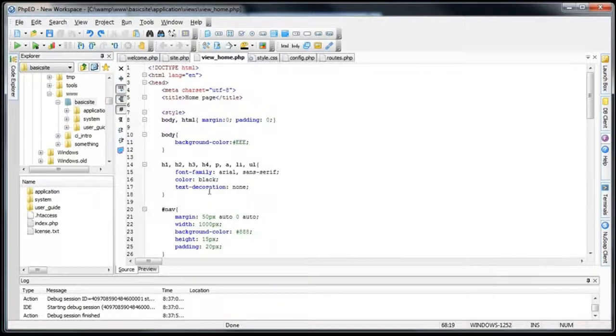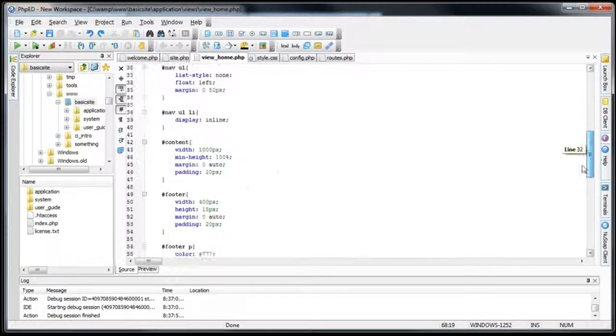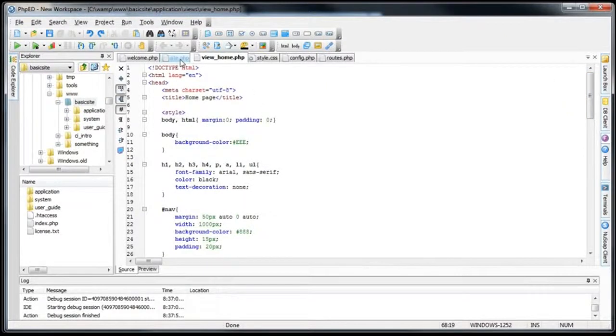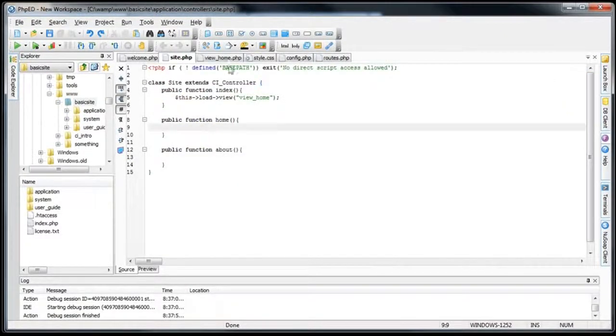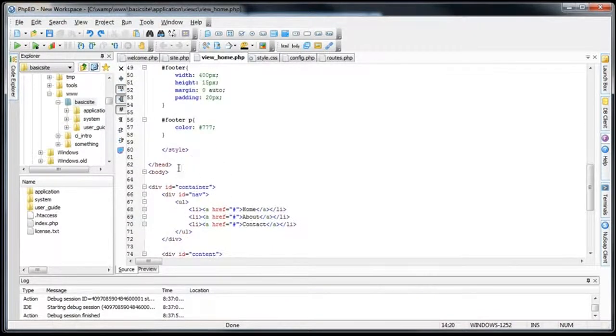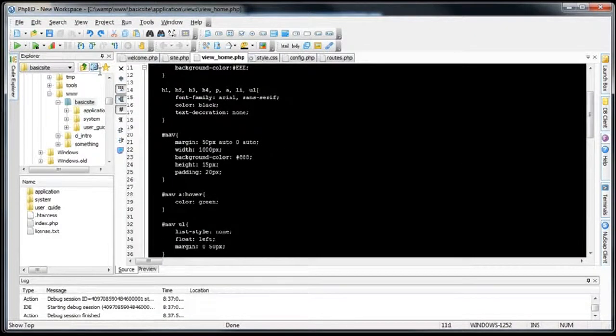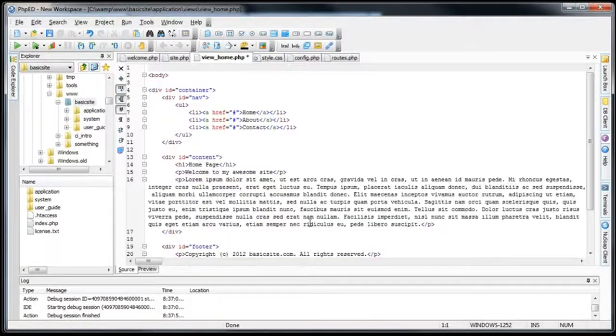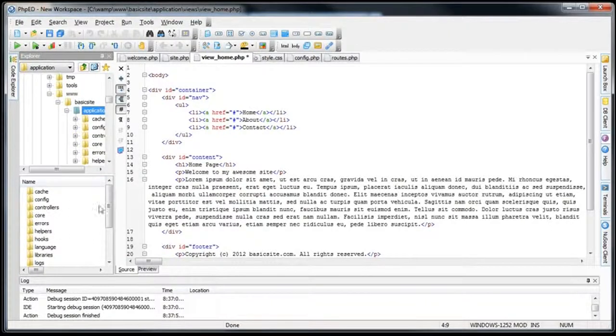The way loading multiple views works is right now I'm just loading this whole chunk of HTML at the exact same time. When you load different views, it's like having different includes. You can include different types of HTML in your project. So I'll just go ahead and show you. What I'm going to do is select all of this stuff. I'm going to cut it, so Control X. I'm going to go into my views here,